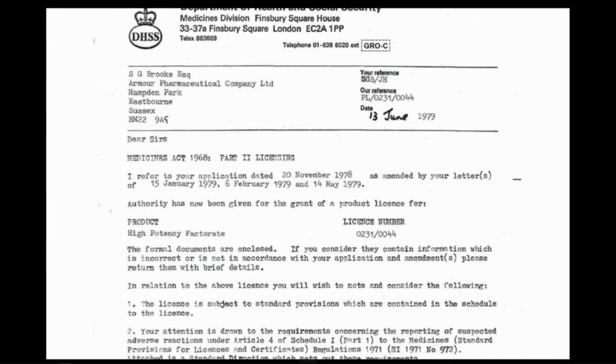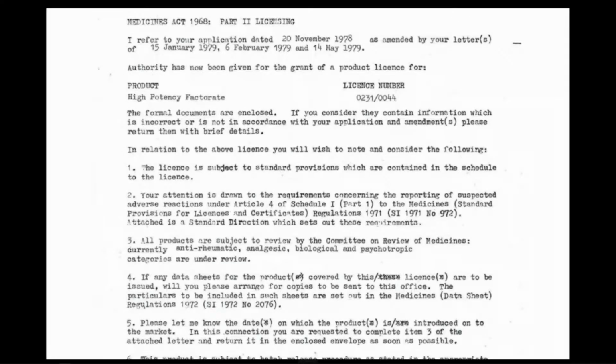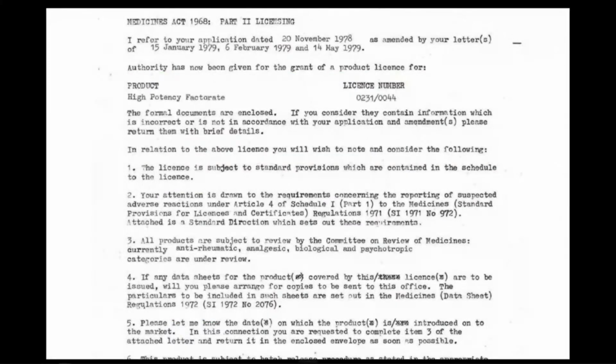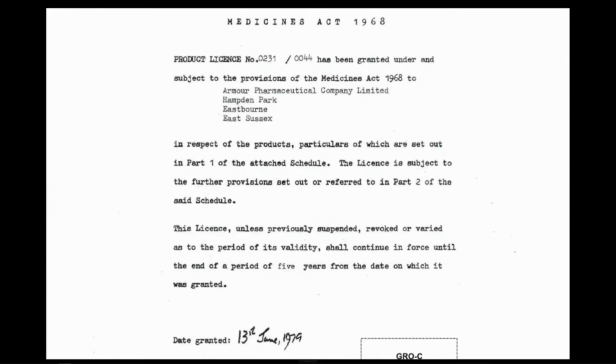This is the Licensing Authority's confirmation, 13th of June 1979, that the authority had been given for the grant of a product license for high-potency factor VIII. And we'll see the separate license number there, 0231/0044. If we go over the page, we can see the license itself, and the date of grant is the 13th of June 1979. In terms of supplemental conditions or requirements, page 3